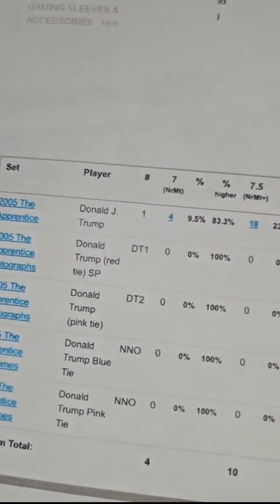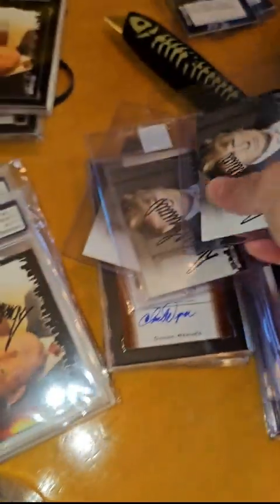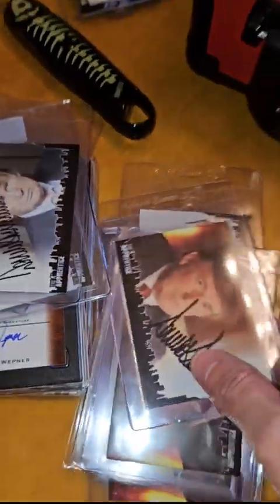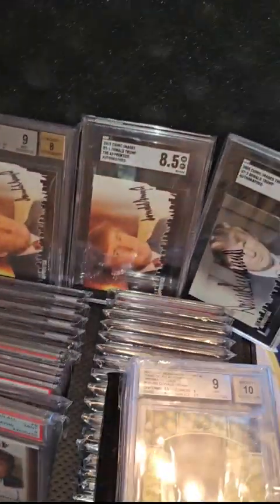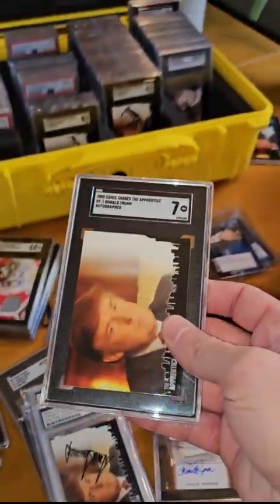Or, because right now there's only DT2, there's 2 8s. So maybe I have an 8 here. Then there'll be 3 of them. But there's going to be 81 graded 2005 Apprentice Trump on-card autos, and this is just so awesome that this